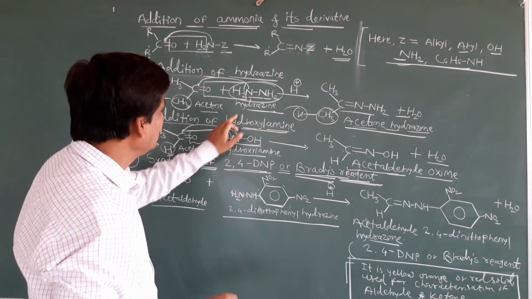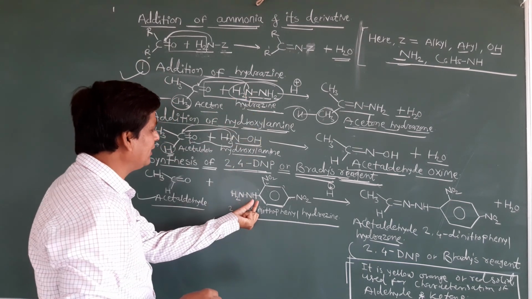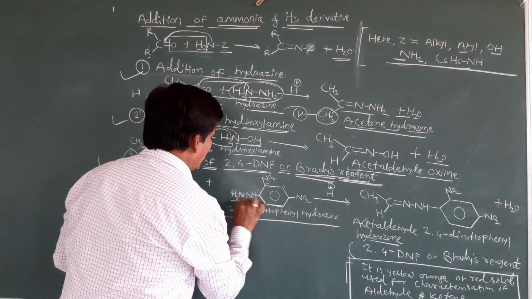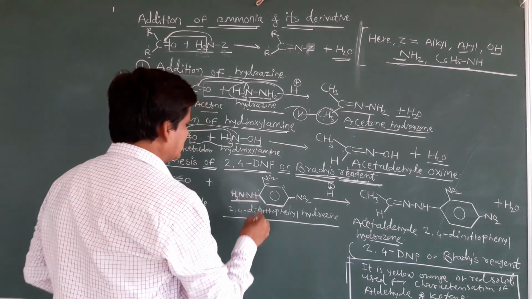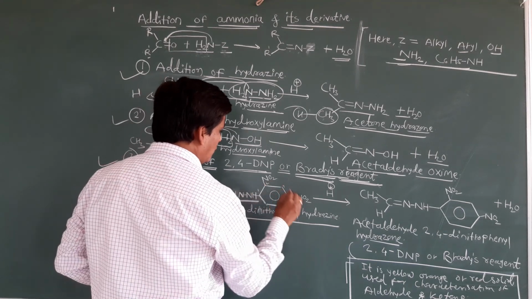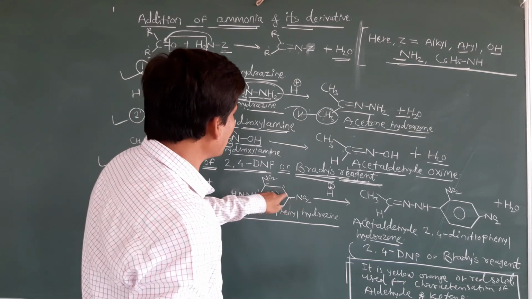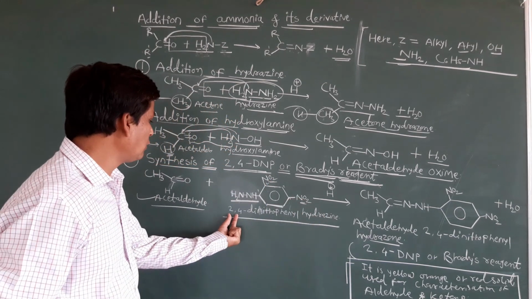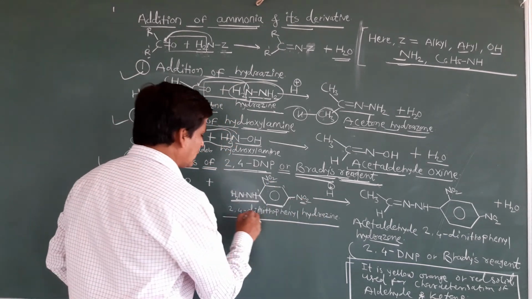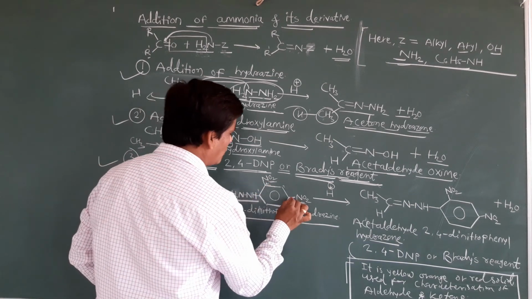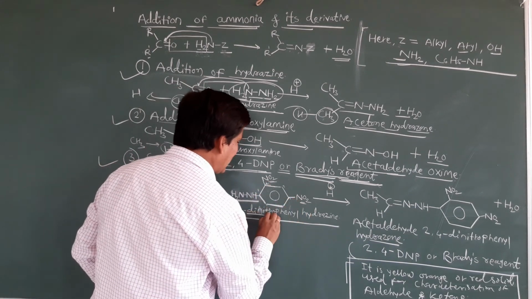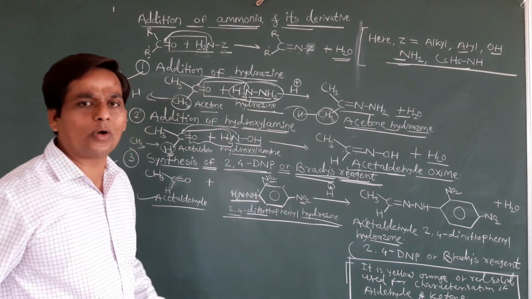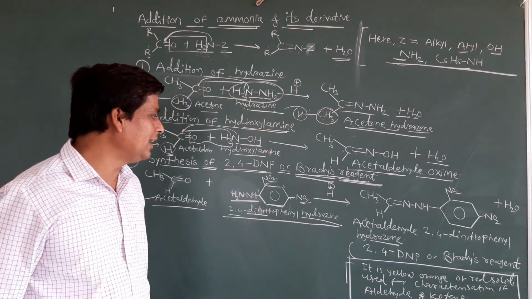In that hydrazine, one hydrogen is replaced by the benzene. From this benzene, hydrogen is replaced by NH2. This is the hydrazine actually. Okay, this is the first carbon, this is the second, third, fourth. On the second and fourth carbon, you substitute the NO2 group, that means the nitro group. So you can see this is 2,4-dinitrophenyl. This is the second carbon, this is the fourth carbon, means 2,4-dinitrophenylhydrazine. NH2, NH is nothing but a derivative. We can see it is a hydrazine.